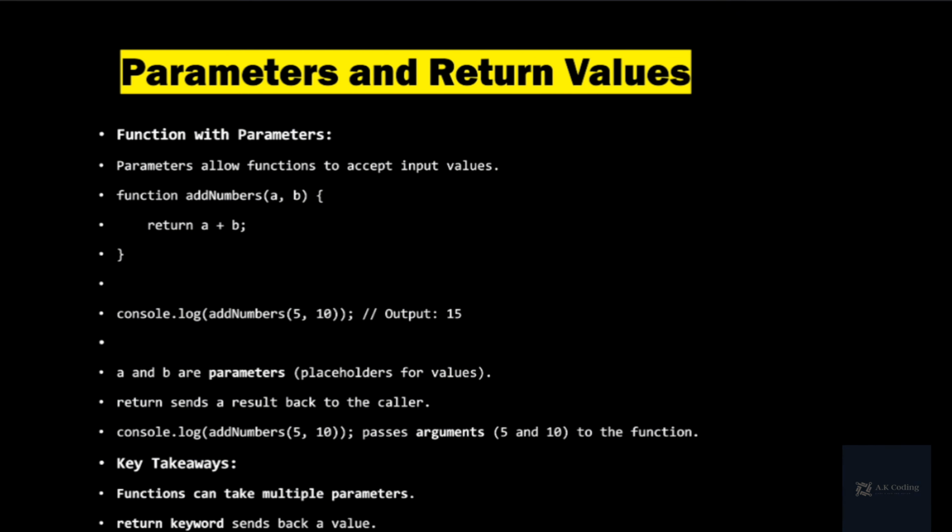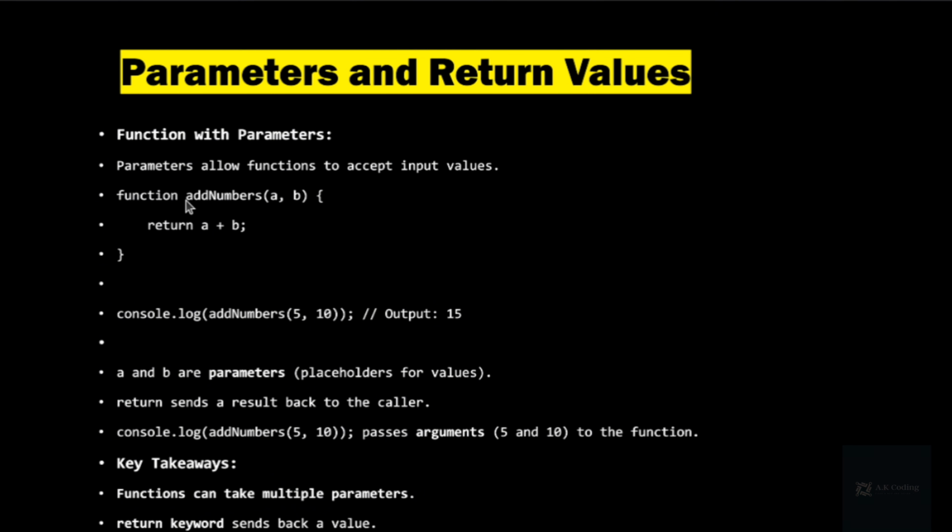In JavaScript, we have parameters and return values in functions. So a function with parameters means parameters allow functions to accept input values. Here, as you can see,